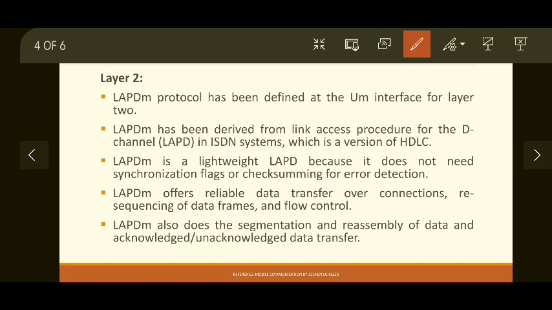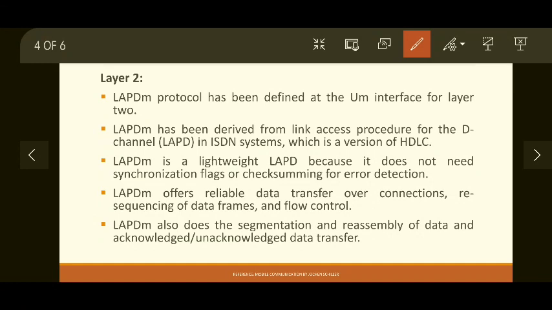Okay. So, what are the basic functions of the data link layer that are also followed in LAPDm, like sequencing of data frames, then flow control, at what rate the receiver is capable of receiving the data. Based on that, transmission flow is controlled. That flow control is managed by the LAPDm. Also, it does the segmentation of data and reassembling of data depending on transmission and reception.